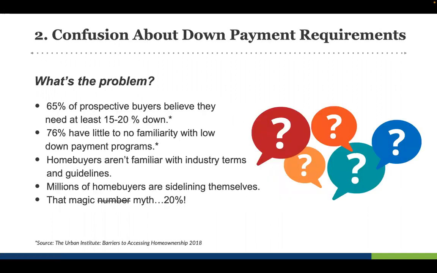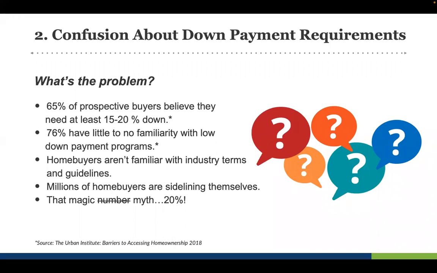Now, number 2, the second obstacle we wanted to pull from your peers and acknowledge and then review. Problem here is that from a study that we were part of with the Urban Institute, and quite frankly, you guys have seen this for at least the last several years, so many buyers think they have to have 20% down. Now, where does this come from? Maybe they go do a property search and all the calculators have this wonderful payment, but it always assumes 20% down. That sort of cultivates this myth or this misperception that you have to have 20% down to buy a home, right? Well, you don't.